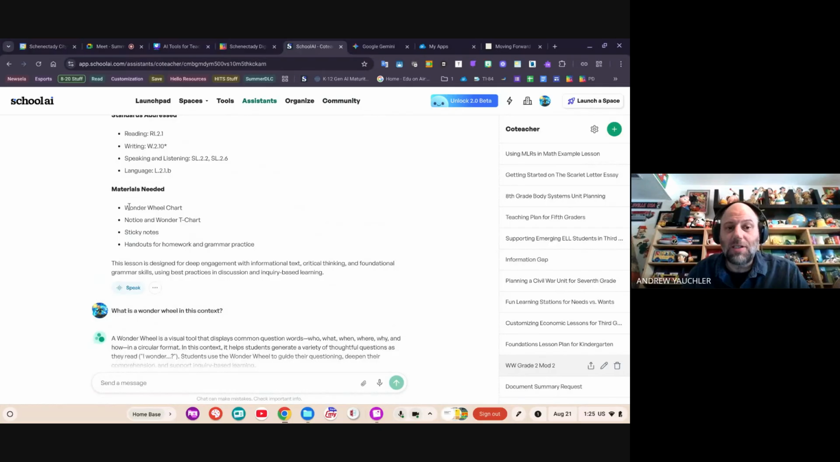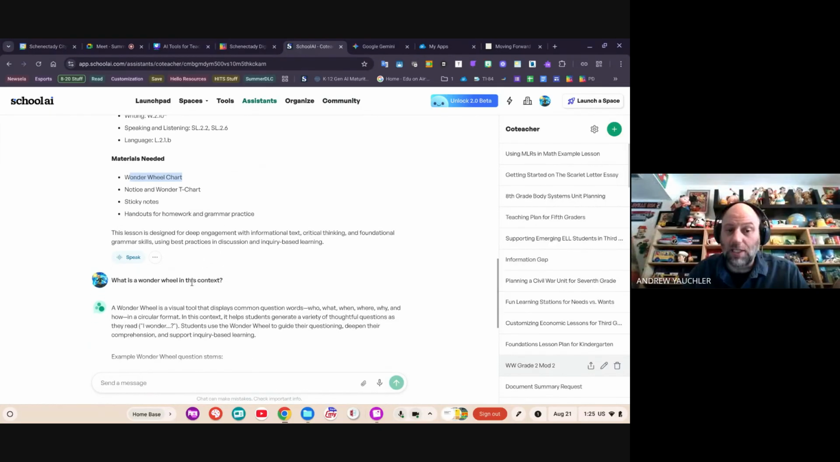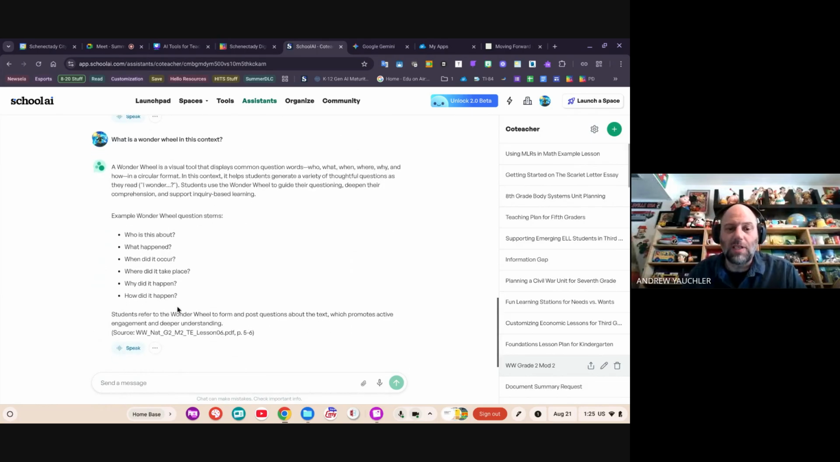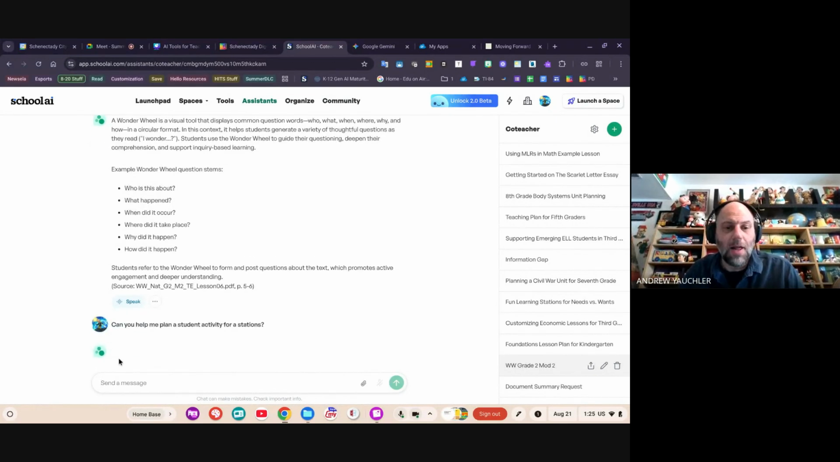Now it says materials needed, Wonder Wheel. I say, what's a Wonder Wheel? And it goes further with that. Example of Wonder Wheel stems. Now I can just keep going further and further. It keeps telling me where to find things, but it's my assistant. Can you help me plan a student activity for a station? I totally spelled that wrong, but let's see. And